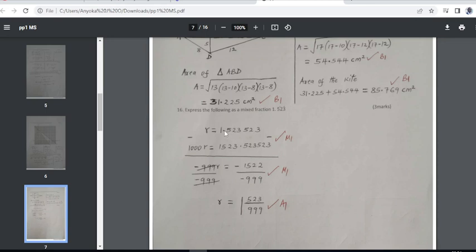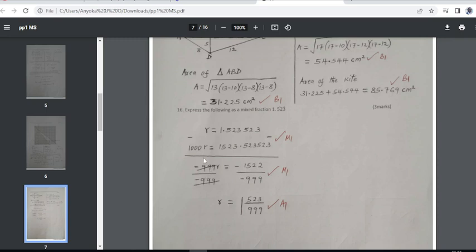If the answer is yes, good. Then how many recurring digits do we have? We have 3 recurring digits. So multiply both sides by 1,000. If we get 2 recurring digits, we multiply by 100. So in this case, we have 3 recurring digits, 5, 2, and 3. So we have 1,000R equals 1,523.523523. Then subtract both sides, but we subtract in reverse. We subtract upwards. So 1,000R minus R,